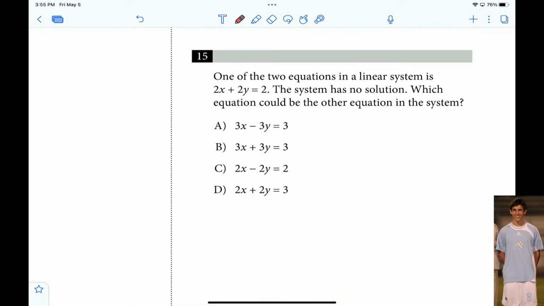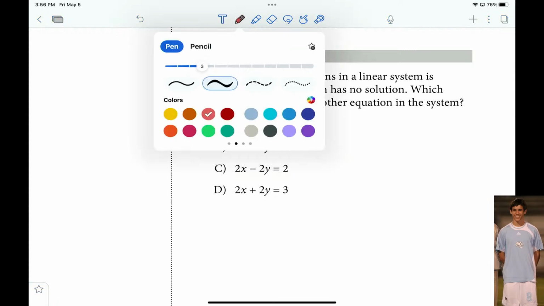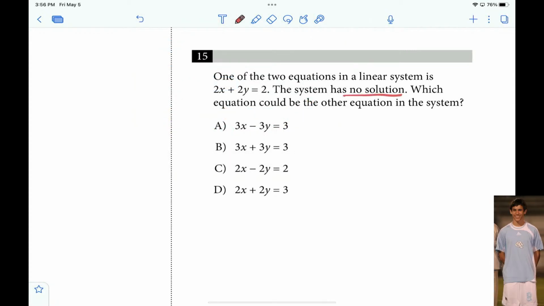You're going to have this question almost guaranteed tomorrow when you take the test. It says one of the two equations in a linear system is 2x plus 2y equals 2. The system has no solution. Which equation could be the other equation in the system? There are multiple ways to do it. How I have been explaining this question is to write all of these lines in y equals mx plus b, because whenever they say no solution, that means those two lines have to have the same slope